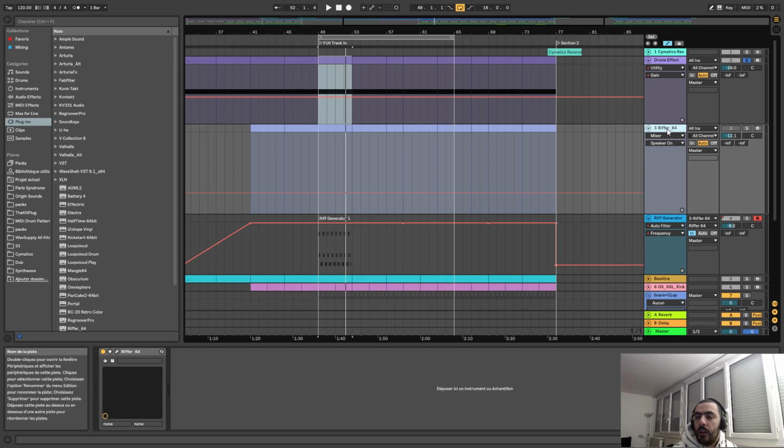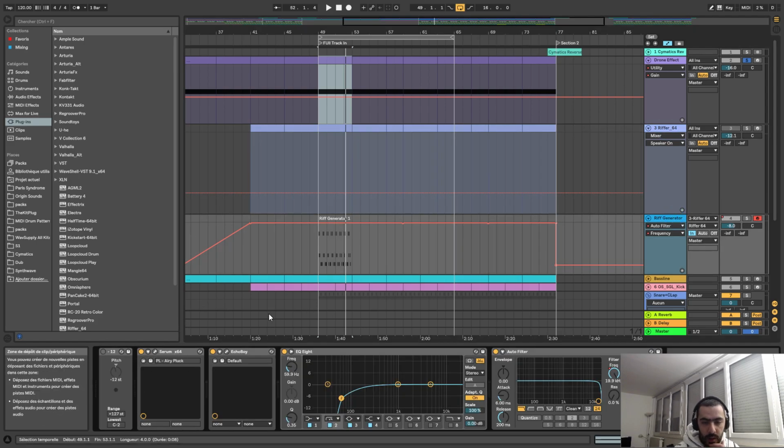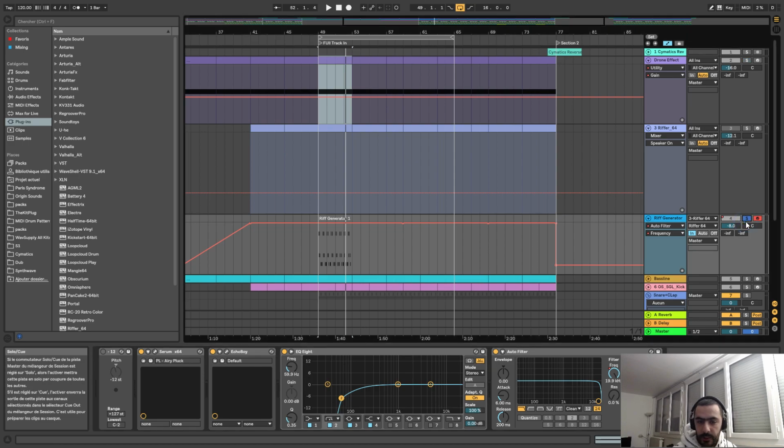We have River here generating the notes, and we have our main synth that will be playing this sequence. We have a Serum plugin here. We have some echo from Sound Toys. We have an EQ Eight here that is cutting the low frequencies, and some auto filter in order to create some variations later. So if I solo my main section here,